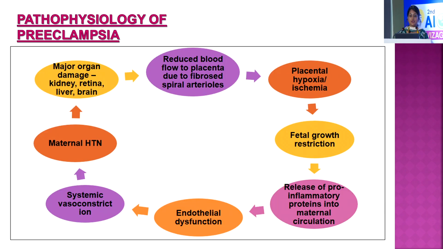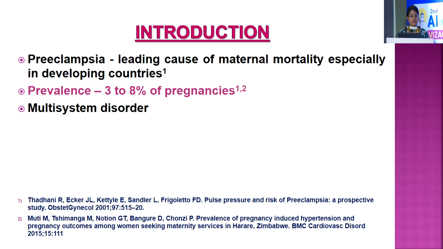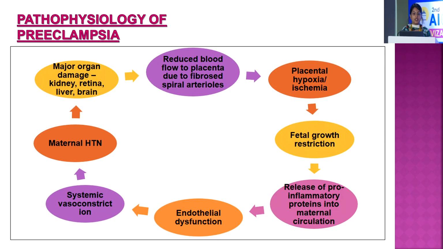Preeclampsia, being the leading cause of maternal mortality, especially in developing countries, has a prevalence of 3 to 8% of pregnancies. As we know, it is a multi-system disorder. Coming to the pathophysiology of preeclampsia, reduced blood flow to the placenta due to fibrosis of the spiral